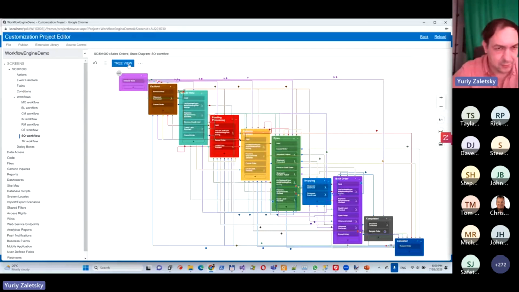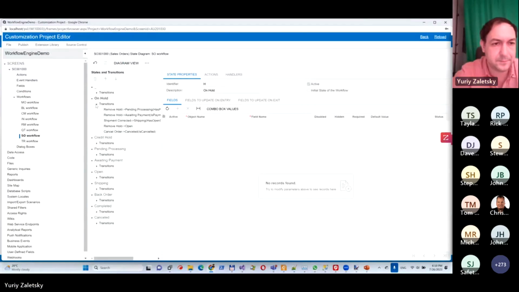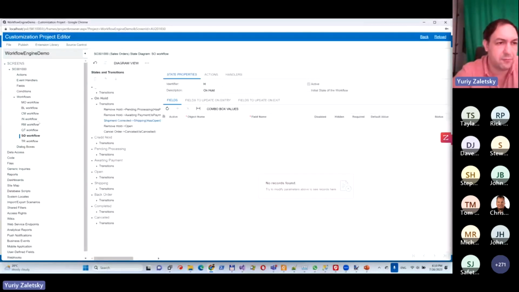And I want to share a specific gotcha which I stepped on once. I tried to add one more state. So you see, now we have the diagram view button enabled. And all of that is in read-only mode. If we want to have one more